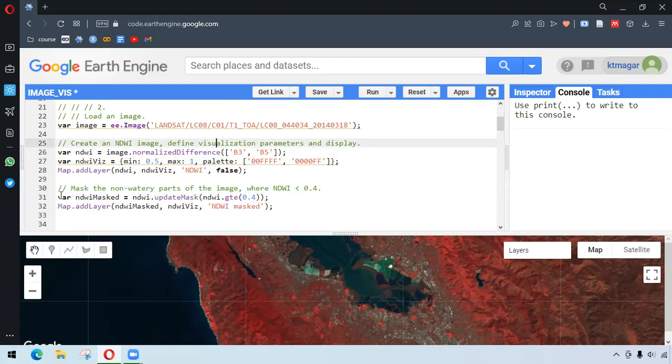And here we want to mask those layers where NDWI is greater than 0.4. This is done by image.updateMask, and image.updateMask sets the opacity of the pixels. The pixels equal to 0 are excluded from the computations, and the opacity is set to 0 for display. So this is what is going on in this code. So when we run this,